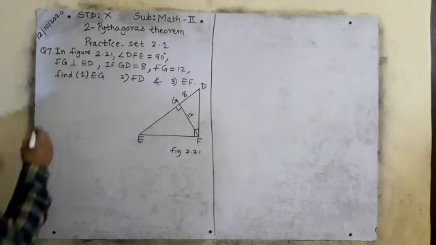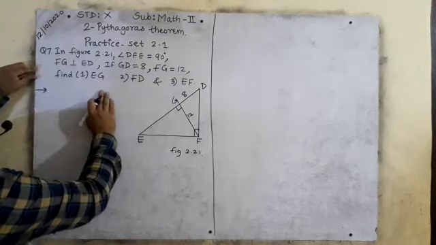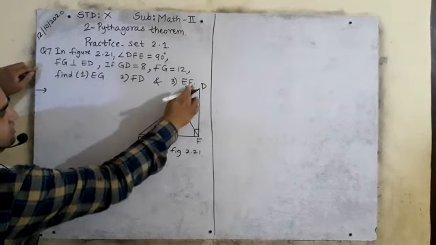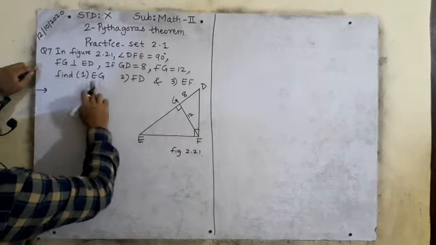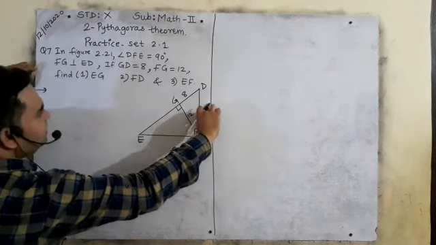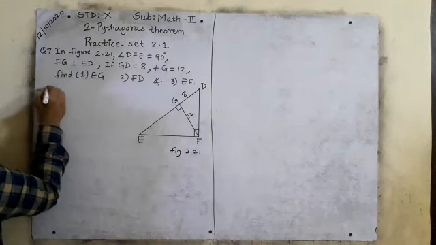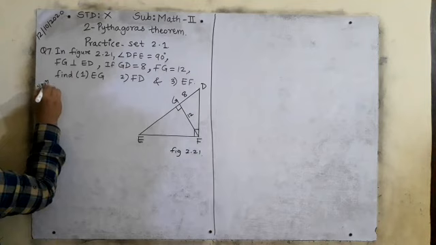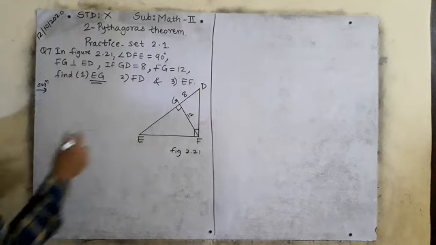So we will utilize it first. We will solve the solution. What we have to find? See, what is given in the question? GD is 8 and FG is 12. Then find EG. We have to find this EG. Then we have to find FD. Then we have to find EF. So much easy. So first you will utilize the solution. How will you start? First you will find out EG. Right? EG is here. So how will you find out EG?